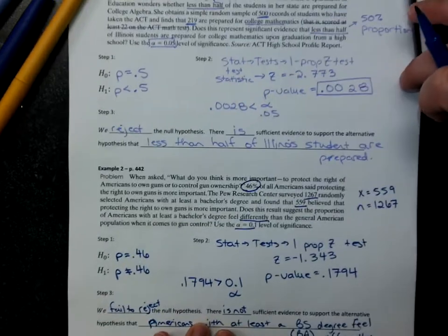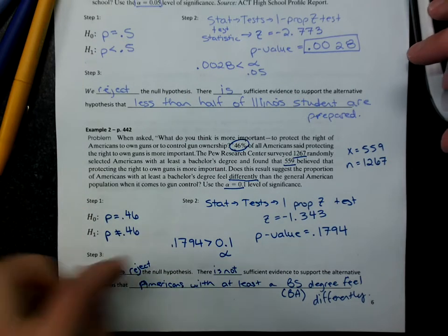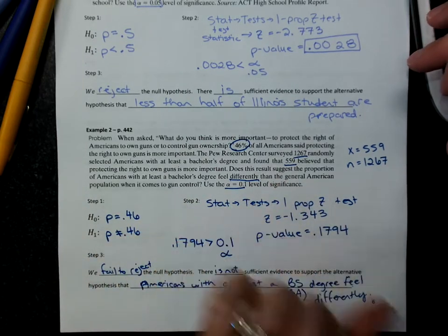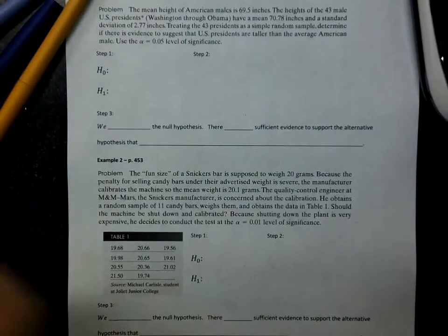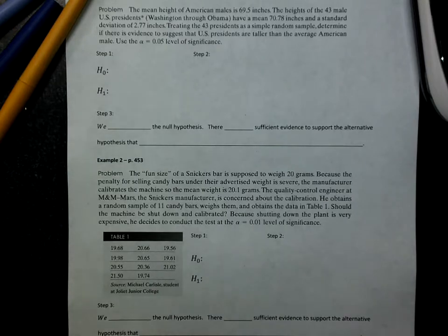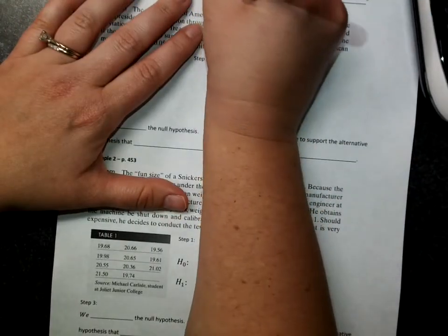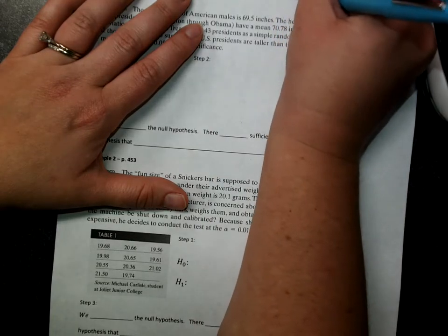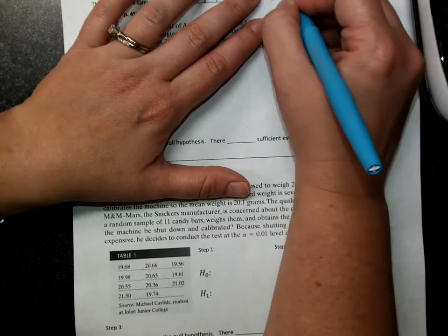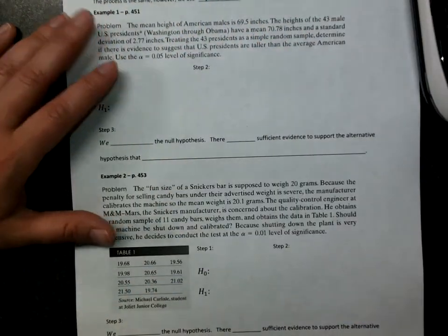All right, so that is testing with proportions. Hypothesis statements and conclusions are the hard part. The crunching of the numbers, we're going to let the calculator do all of it for us. So let's look at the same idea with means. Everything is the same, the setup is the same, the conclusions are the same, everything's the same, except we use the t-test instead of the z-test. So instead of the 1 prop z-test, we choose the t-test option. Everything else is the same.